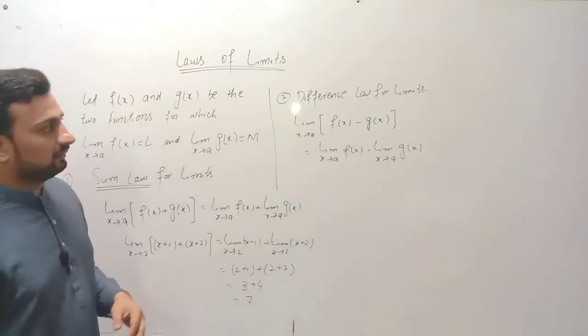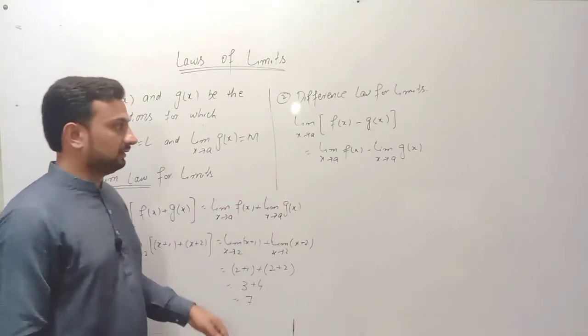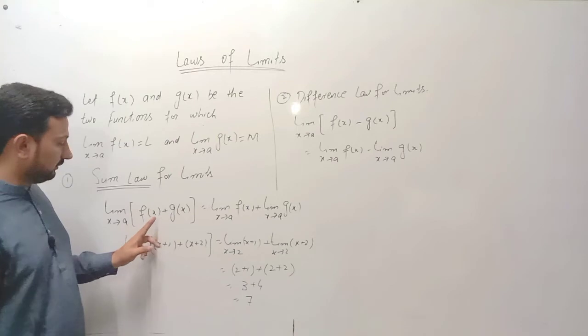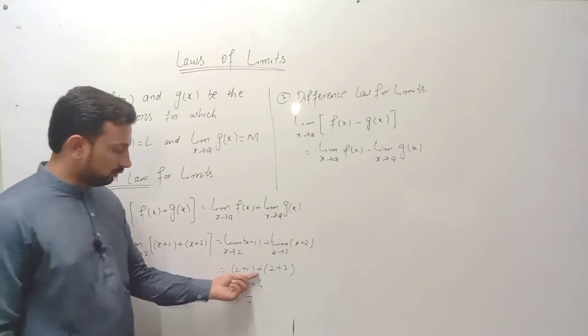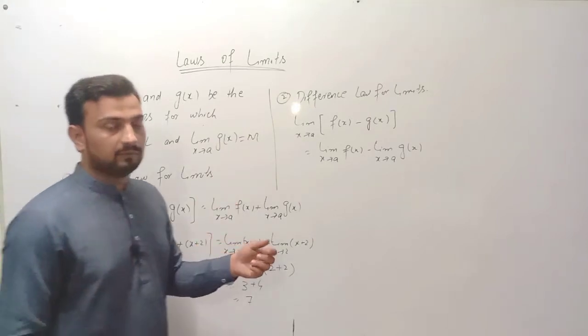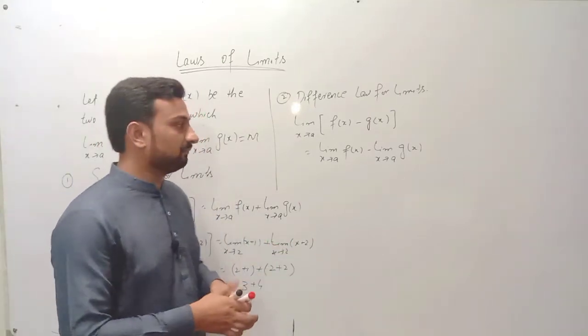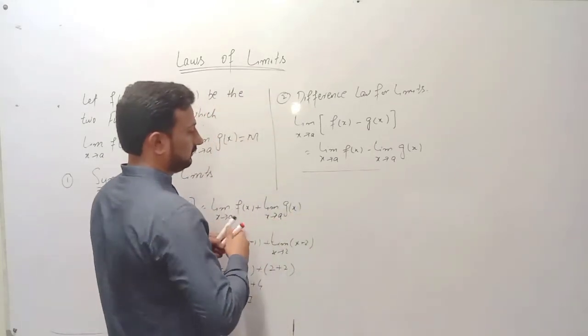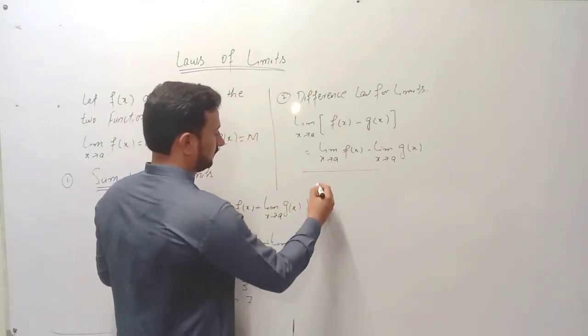So I think there is no need for an example of this, because this is the very same as the sum law. When we subtract, you just put a negative sign in between them. Now we move towards our third law. The third law states